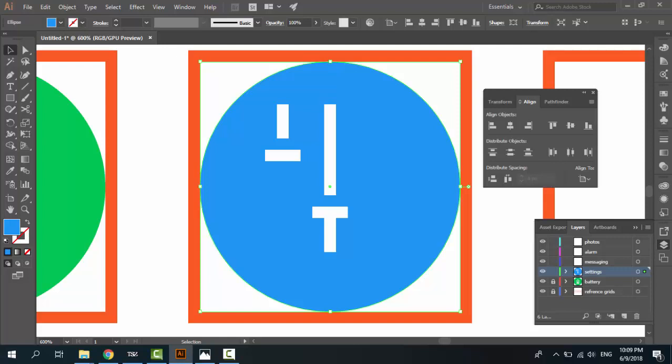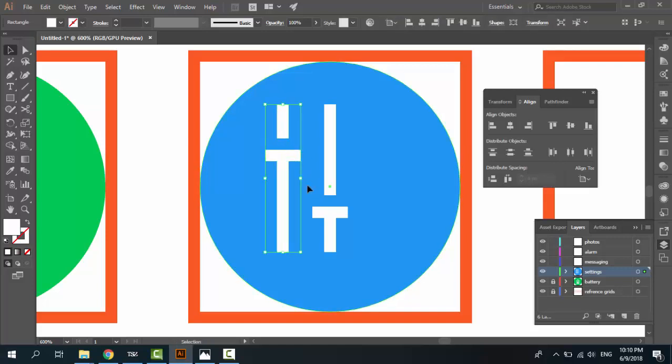And we can Control C, Control Shift V this item, and select this, align to key object, this, and move this to like this. Okay. Now select this center item, Control G, left items, Control G,